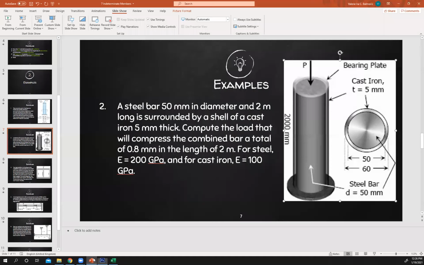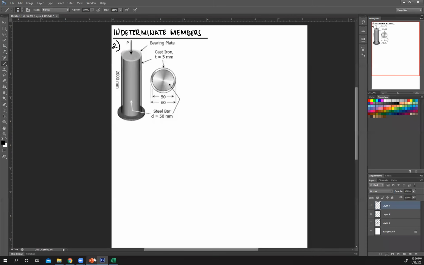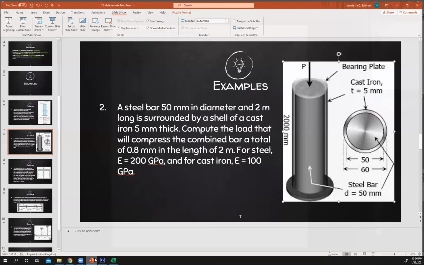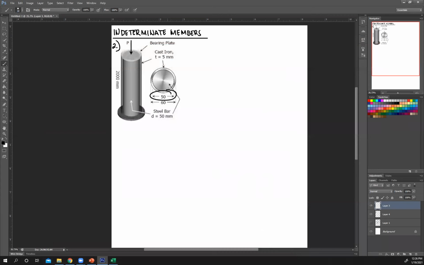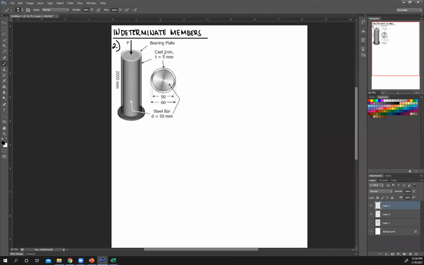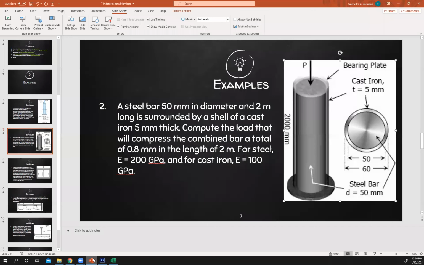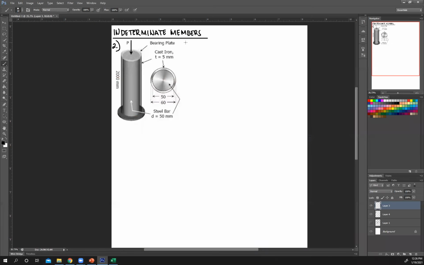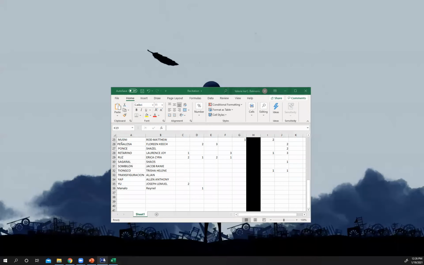Okay, again, let's write out our given. 50 millimeter diameter for your steel bar. Then cast iron, 5 millimeters thick, and given then your total compression is equal to 0.8 millimeters, and that's just deformation. 0.8 millimeters